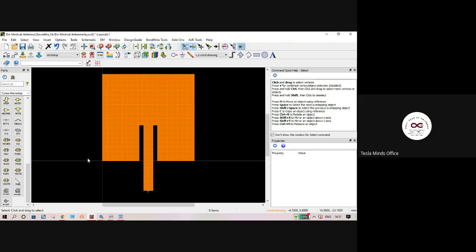Right. So so far in these maybe three hours or so, what we have learned is what the different biomedical applications are, applications like wearables, telemedicine, and healthcare applications. That's what we have learned, and then we have also learned how to design an antenna using ADS software. Right? So this is what we have learned. Hopefully, it was useful for you.